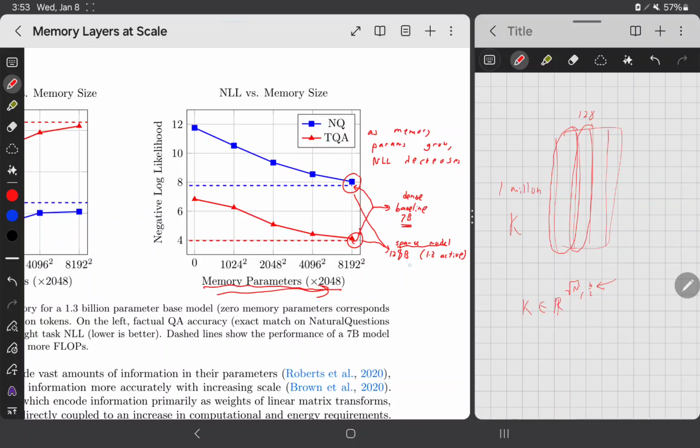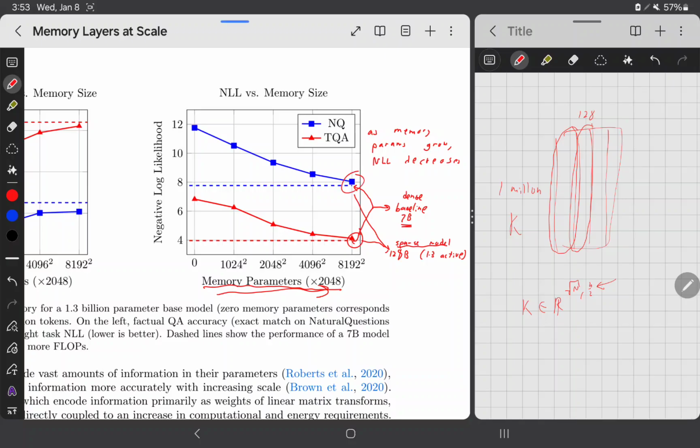So I think this is Llama 3 here, and this is Llama 3 just way smaller, with 3 layers that have this memory lookup layer instead of the feed-forward layer that have access to 128 billion parameters. However, they only select K is equal to a small number of them. So if we look here, as you increase the size, I think this is increasing the size of your memory here. As you increase the memory,